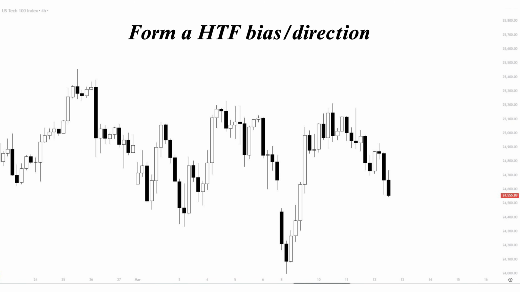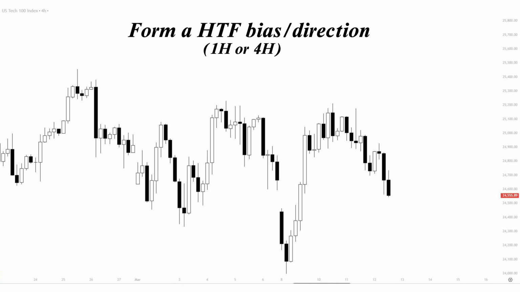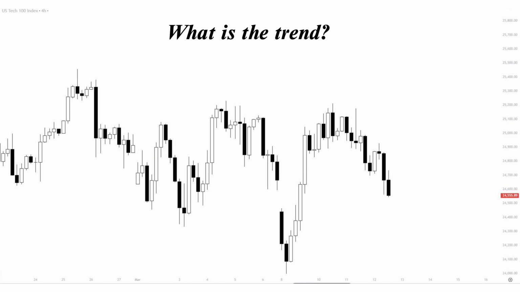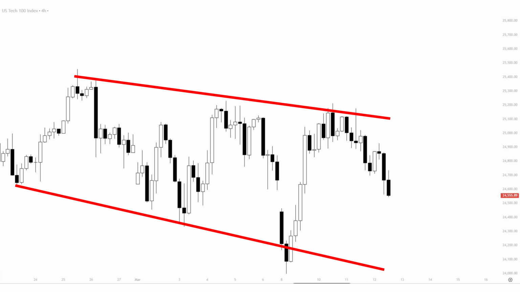The very first step we must do is to have a first look at the high time frame direction, usually on the hourly chart, the 1 hour or the 4 hour. So before getting into the deep analysis, we look at this market and ask, what is the trend on this high time frame? Now it shouldn't be hard to notice how this market is currently running on a downtrend. So first step is kind of checked, but we need to make sure you properly understand the fundamentals of the